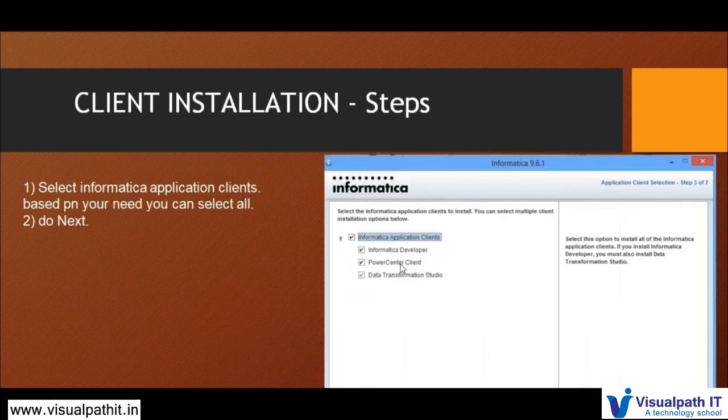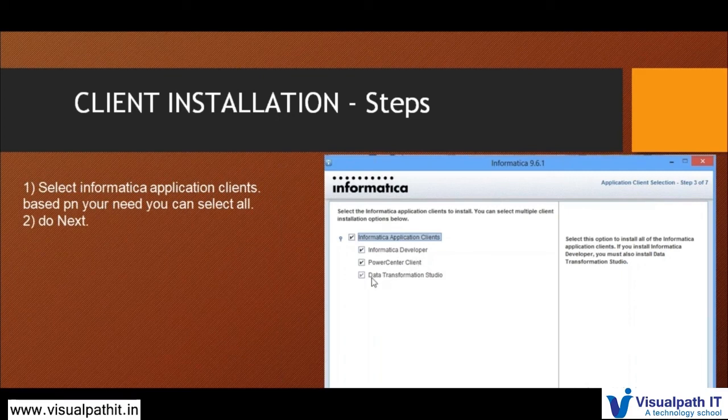Once we have selected that, you will select the appropriate clients to install. Whenever you are working with PowerCenter, you will select PowerCenter. Whenever you are working with Informatica Developer, you will go for Informatica Developer. If you are working on both, then you will select Informatica Developer as well as PowerCenter client.